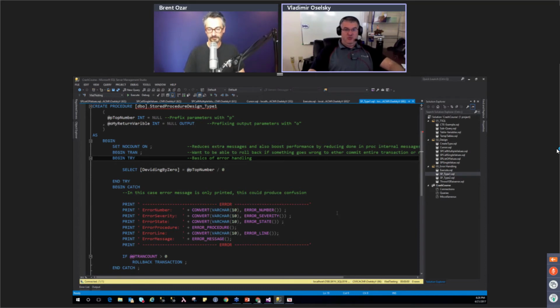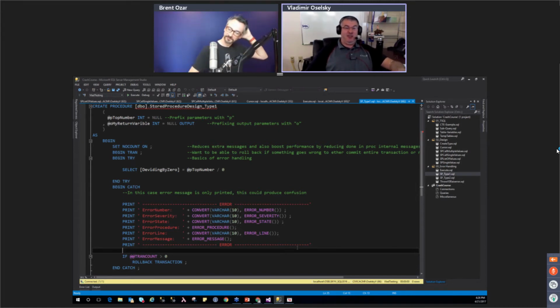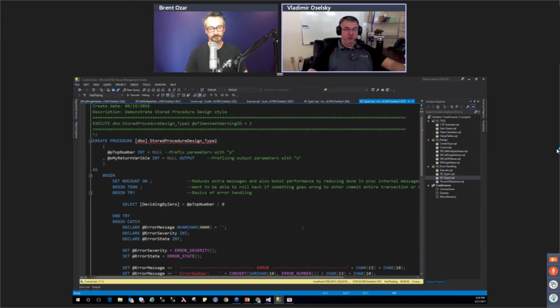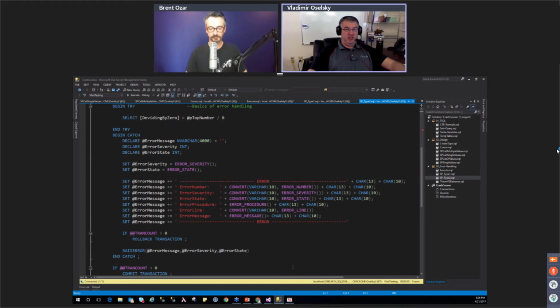So when printing, what we do with that error, well, that's up to each developer. Sometimes you would just want to print that error message to the screen because you don't really want anybody else to know that your stored procedure failed. But when you go to execute it, you'll be able to see that error message. Well, what about if you want that error message to be an actual error message?